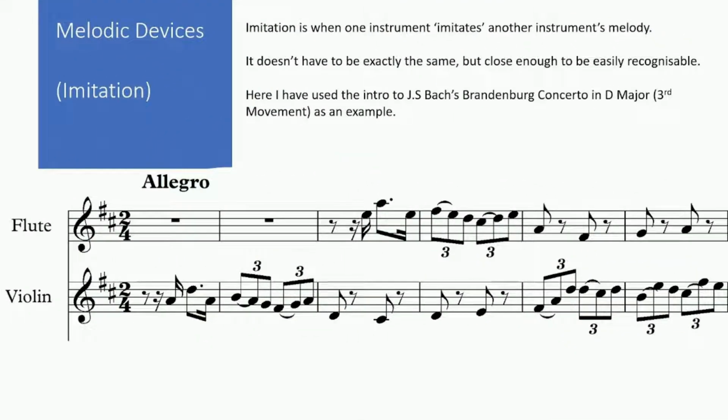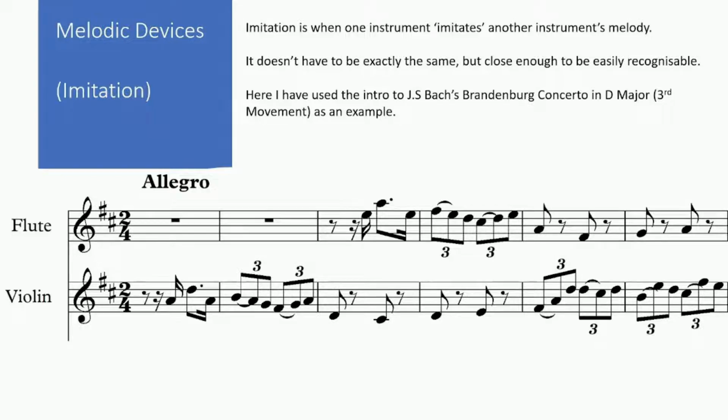Now, imitation. Imitation is when one instrument imitates another instrument's melody. It doesn't have to be exactly the same, but close enough to be easily recognizable. Here in this example, though, it is exactly the same. And I've included J.S. Bach's Brandenburg Concerto in D major, the 3rd movement, which is an Edexcel set work alert,